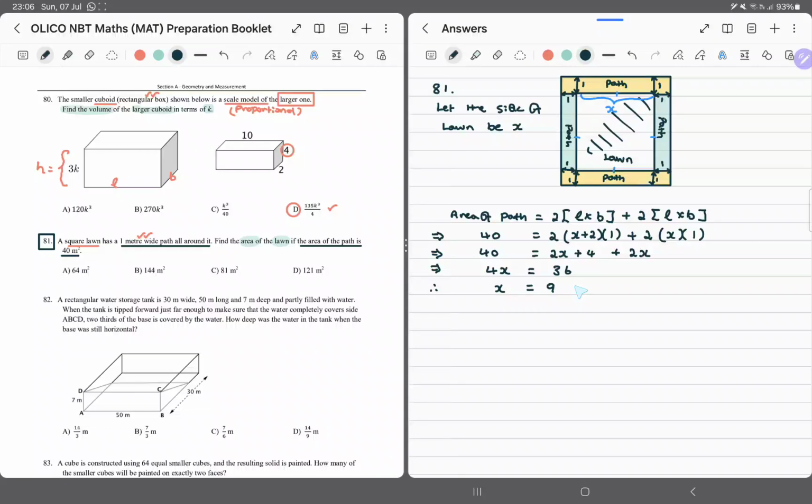So this is 9 centimeters. Is it centimeters? No, meters. So x is 9 meters. Basically meaning the side of the square is 9 meters. You can say the side of square is equal to 9 meters. That's key. We can say here then